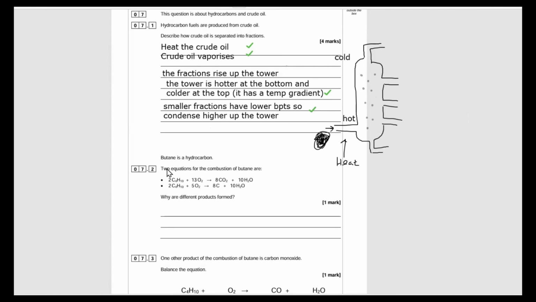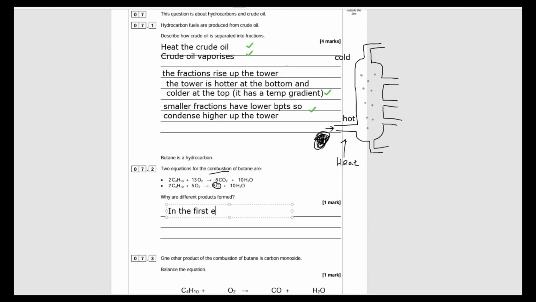Right, butane is a hydrocarbon. 2 equations for the combustion of butane are 2 C4H10 plus 13O2 goes to 8 CO2 plus 10H2O. And then we've got 2 C4H10 plus 5O2 go to 8C plus 10H2O. Why are different products formed? So what they've done here, little trick question, have they formed carbon dioxide? Normally in combustion, we form carbon dioxide. What isn't there enough of in this second equation? So we're going to say